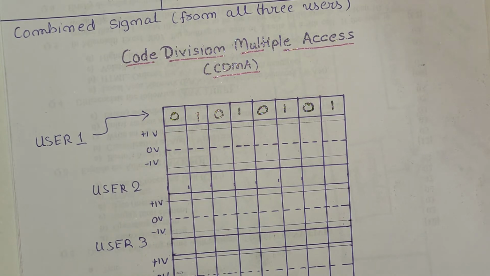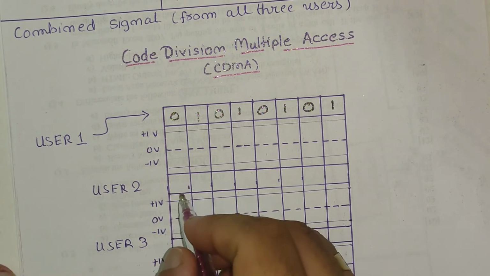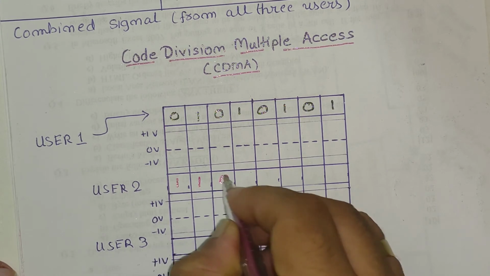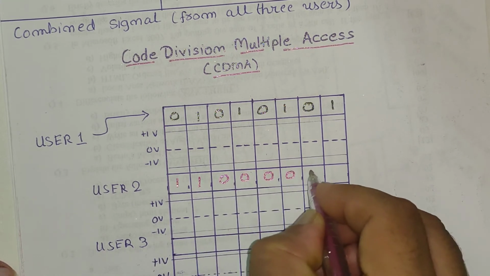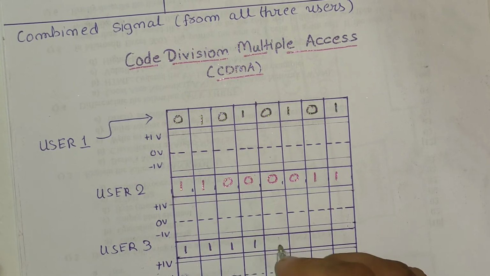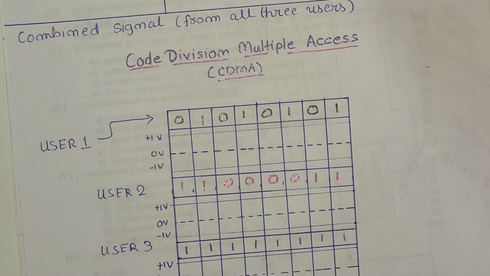Likewise, I'm going to write down the spreaded message from user number 2. If you remember, it was 1 1 0 0 0 0 1 1. And at the end we have user number 3, and we are going to write down the spreaded message for user number 3. These are the three individual calculations we did just before we came into this particular table. This is how you can calculate the spreaded message for each individual user.